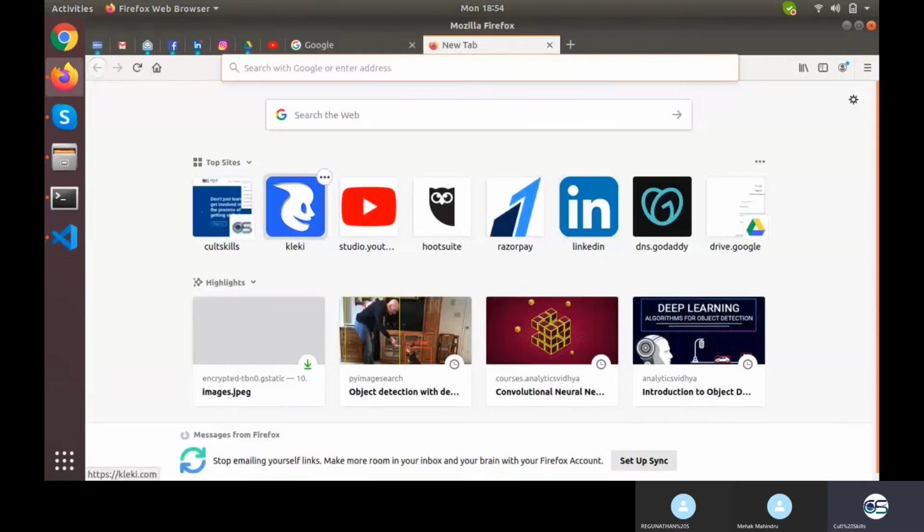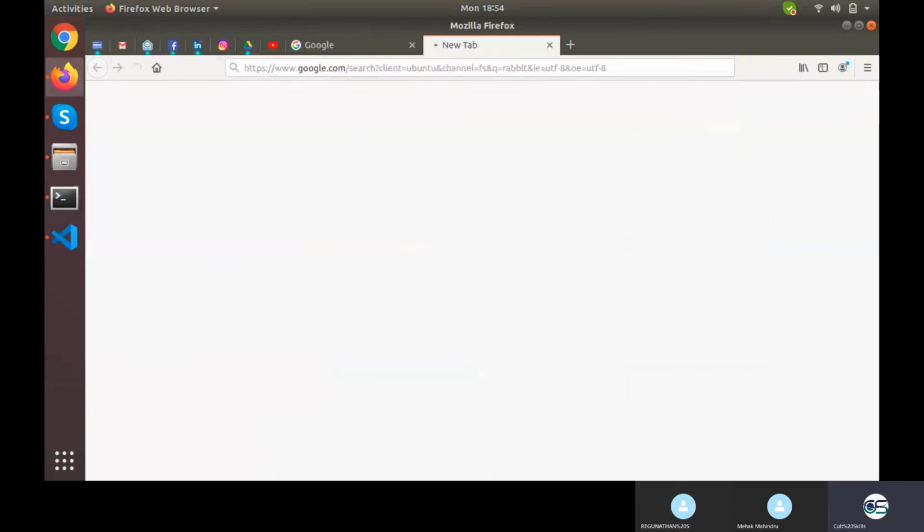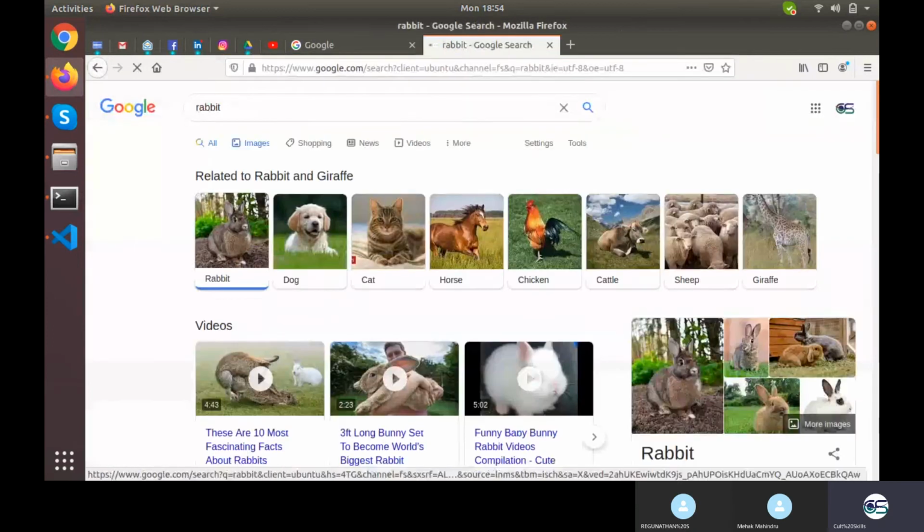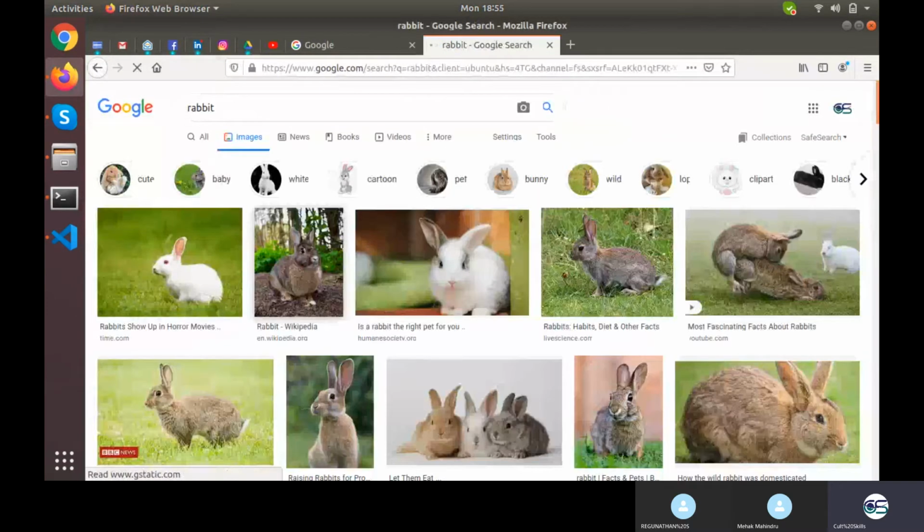Which is taking one more image of rabbit and will be storing into it.